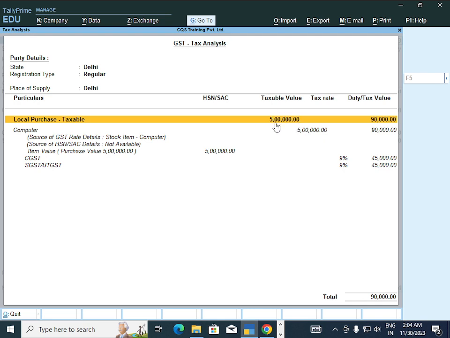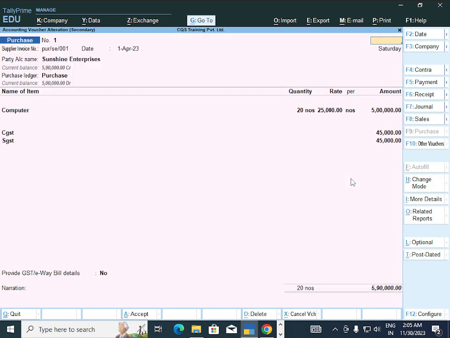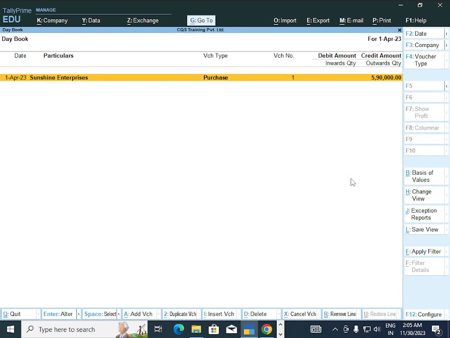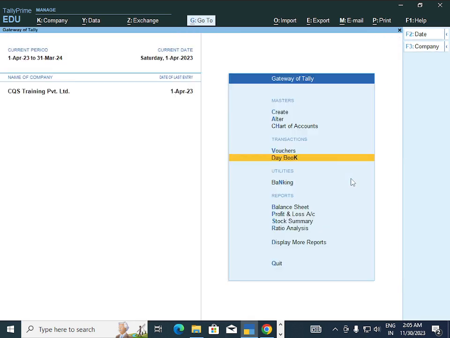That means our purchasing value is 5 lakh rupees and our duty taxable value is 90,000. So this is my goods amount, total goods amount, and this is my taxable value. 18% we are charging, divided into central GST and state GST. So you can easily check your report with the help of day book and tax analysis.